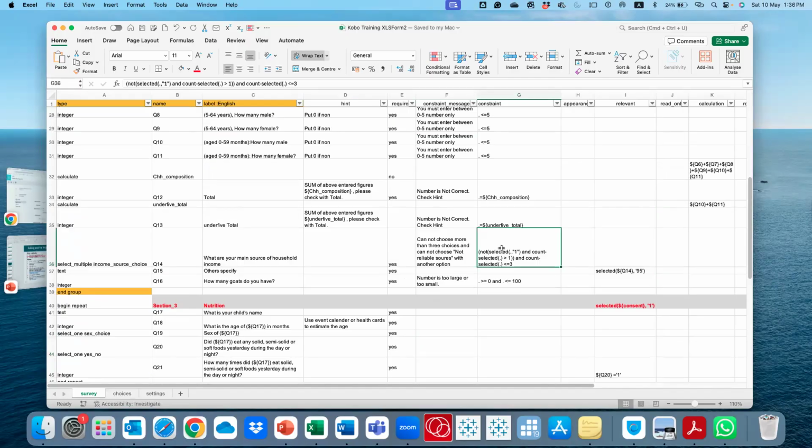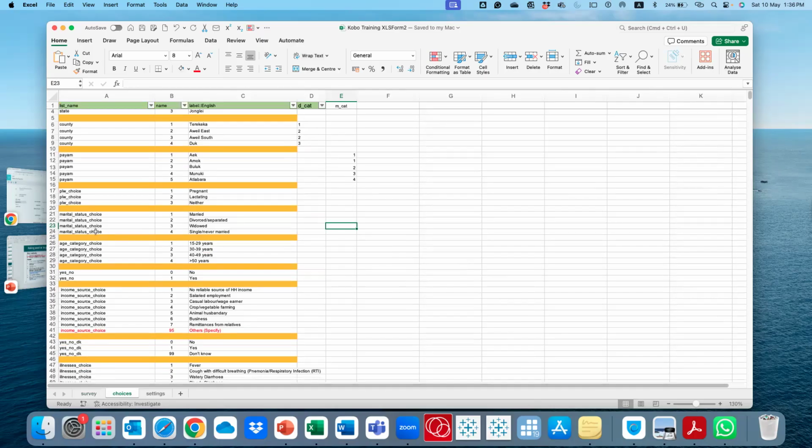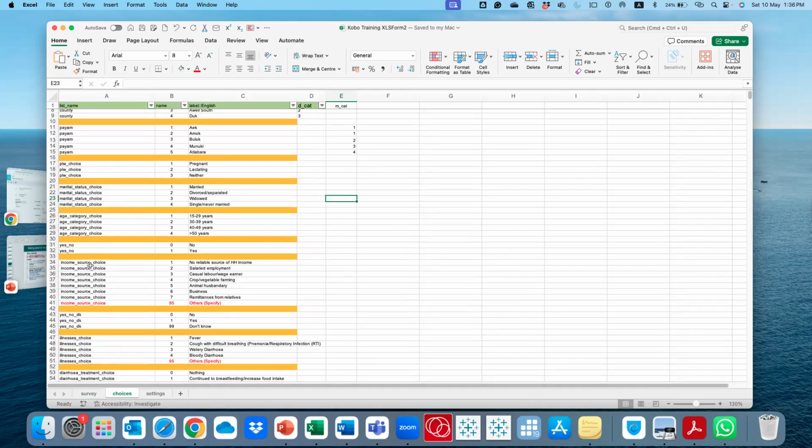So this one I think is very good when you have this constraint here, and this constraint is on the main sources of household income. In most cases, you'll have a lot of questions with options like none, or I don't know, or not applicable.